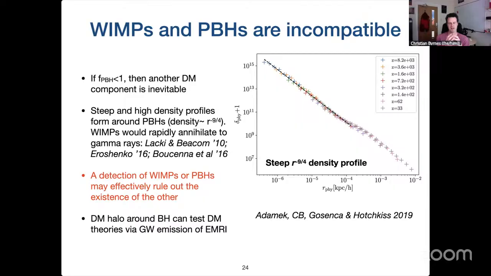Okay, so you should expect a large number of WIMPs to be gravitationally bound around all of the primordial black holes. They would have a very large density. We did a numerical simulation of this. This is going back quite a long time. And when you've got a very large density, then you should see WIMP annihilation signatures. And so, yeah, the detection of WIMPs basically is incompatible with having primordial black holes because we should be seeing a bright signature of WIMPs annihilating into standard model particles, and vice versa. If we did detect primordial black holes, then there can't be WIMPs. So even if you really detect a single primordial black hole, you've ruled out WIMPs being the rest of the dark matter.